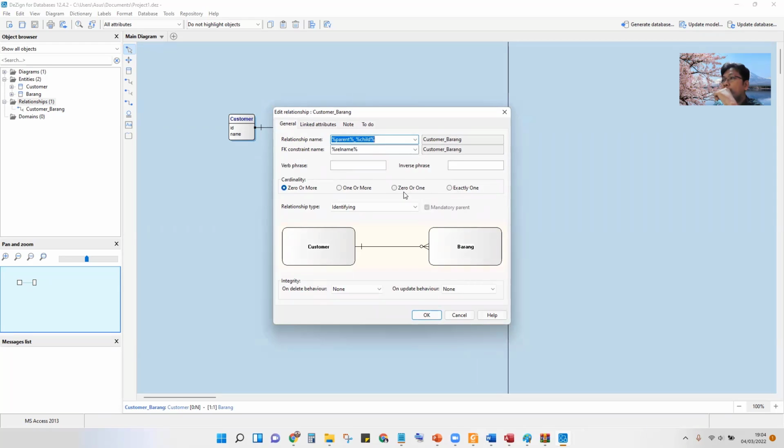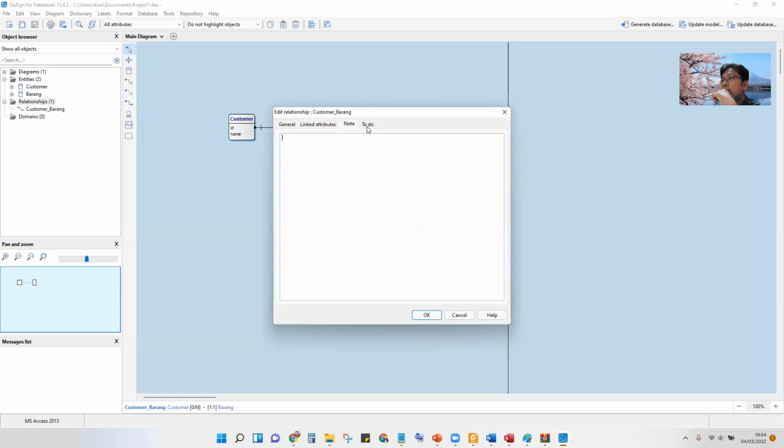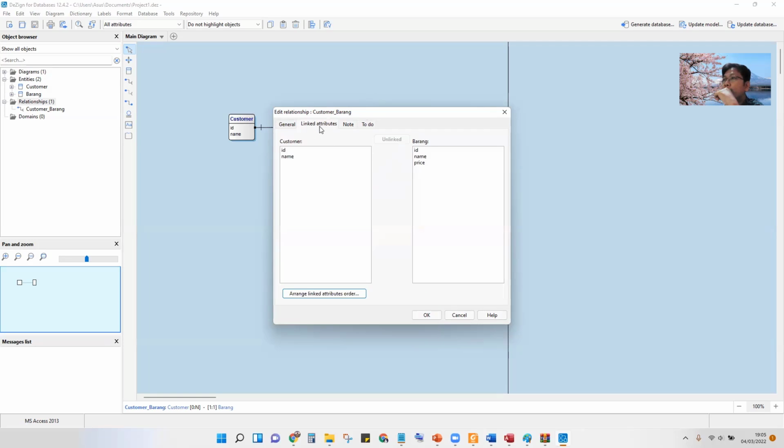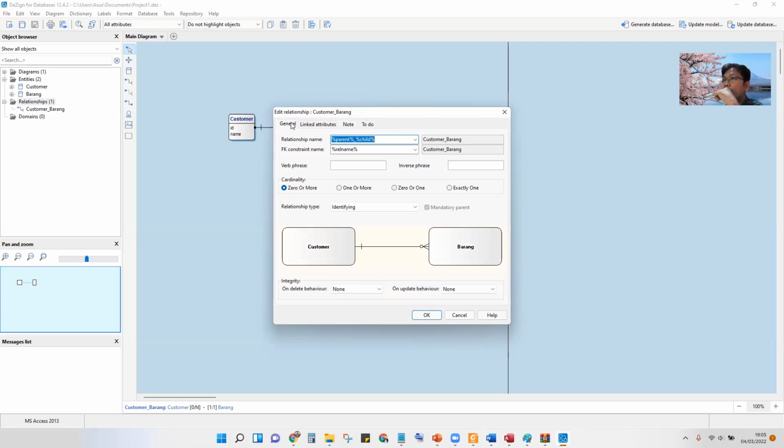Oh, this is zero to more, one or more, zero to one, exactly one. Usually there must be many to many. Where is the many to many relation? Identifying, non-identifying. What is non-identifying?